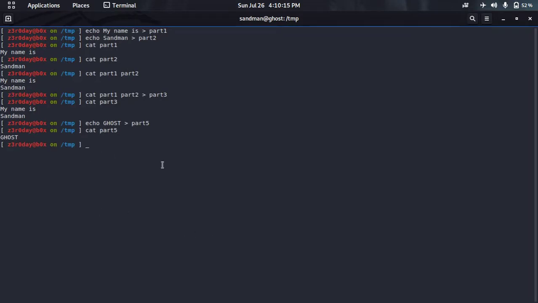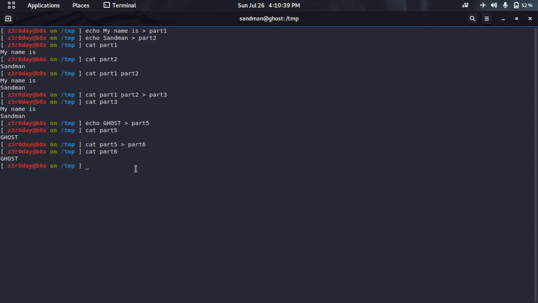Okay, it is written. Now let's copy this output and throw it in part 6, or cat part 6. Here is our output. So this way we can even copy the data from different files using cat and concatenate using this method here.